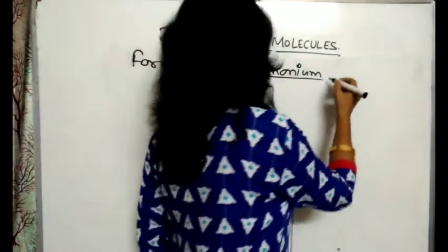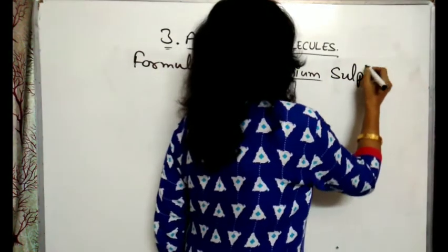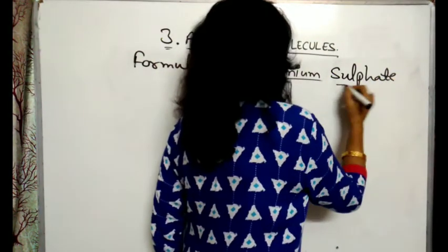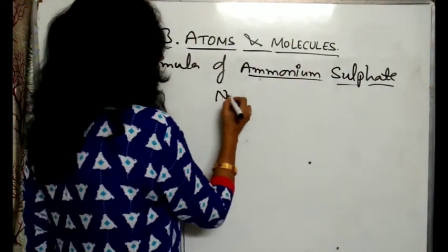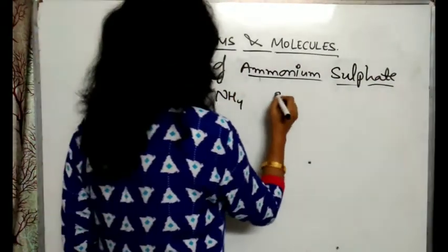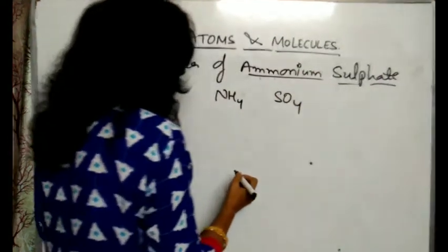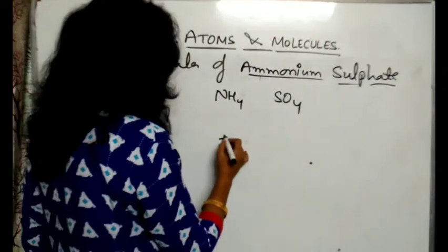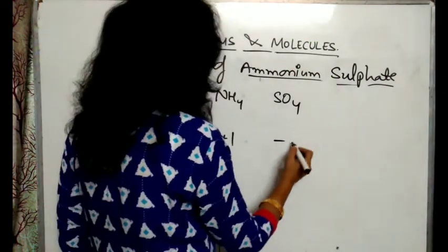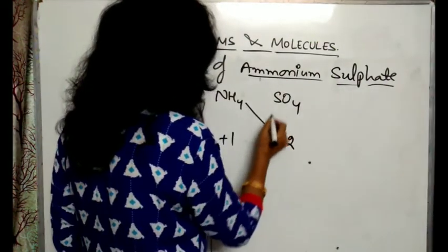Ammonium sulfate, SO4 will write. So ammonium NH4 and sulfate SO4. Ammonium ion has one valency, so we'll write one valency, and sulfate has -2 valency, we'll write that, and cross